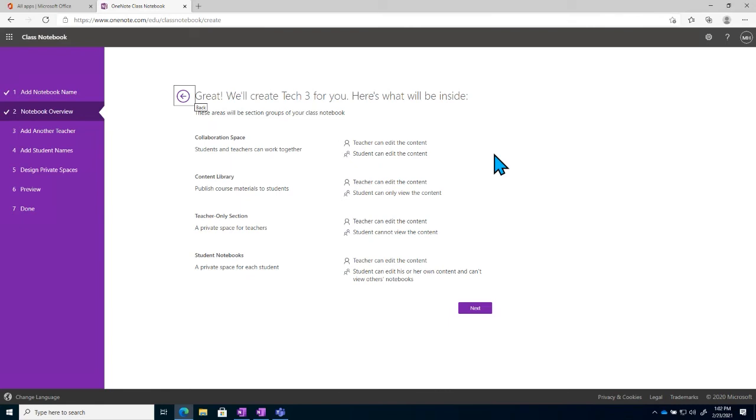And then the really nice thing about Class Notebook is each student is going to have their own private sub notebook that only they and the instructor will be able to see. So if Pierce is one of my students, he'll have his own private sub notebook that he'll be able to see and make changes to, and I will be able to see as well. I can go in and make changes. He and I could work together if I needed to help guide him on some things or if we needed to discuss quizzes or anything like that. But again, he won't be able to see any of the other students' notebooks, so it's a private collaboration space for just that student and the teacher.